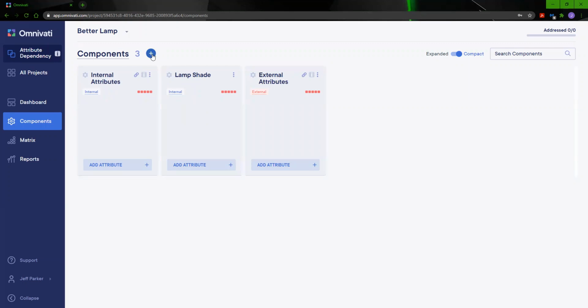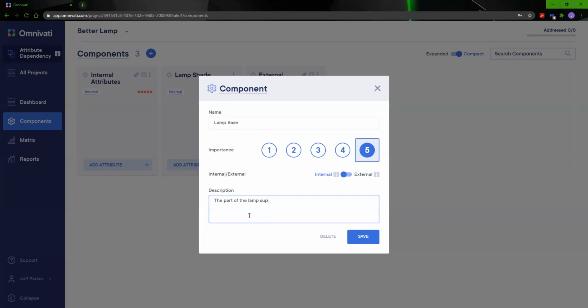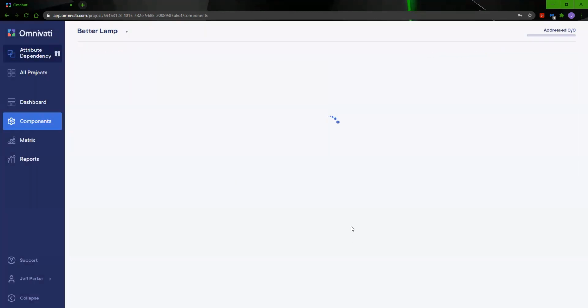What's another thing that we could add? Well, how about the lamp base? Also, it's something I think is very important, something that we control. And then I can include here something like the part of the lamp supporting the bulb and shade. Okay, great. And then one other